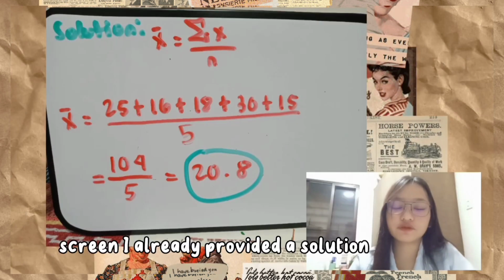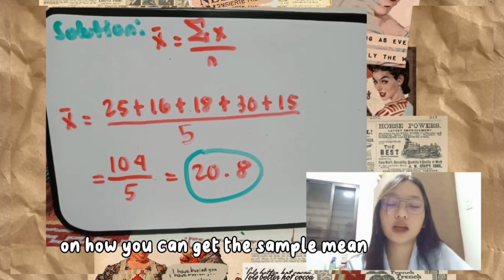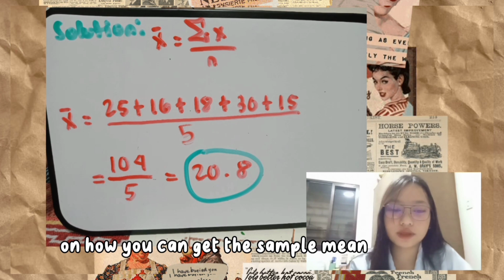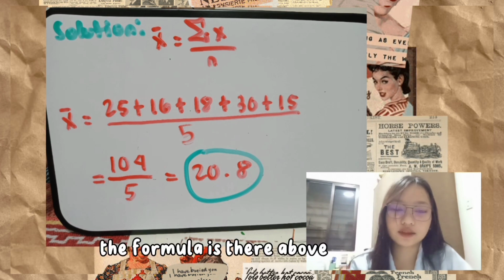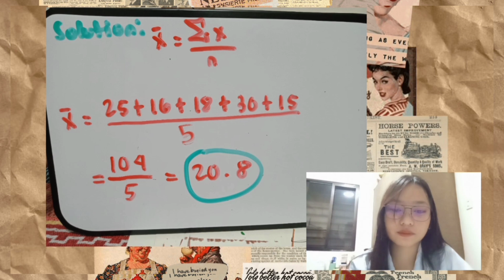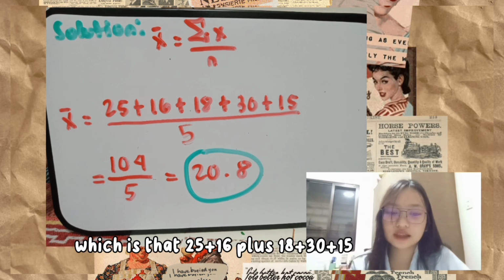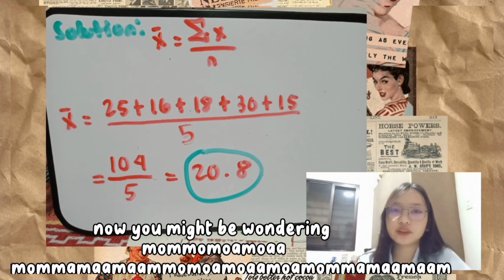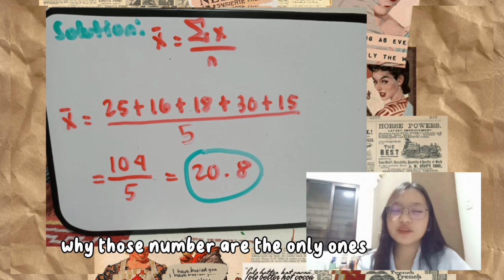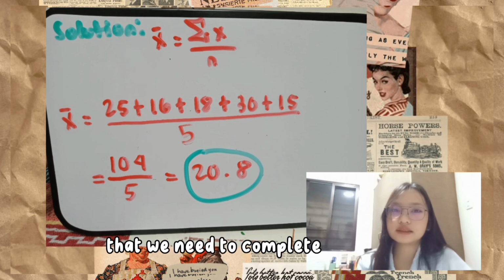On the screen, I already provided the solution on how you can get the sample mean. The formula is there above. So we just need to add all of the randomly selected numbers, which is 25 plus 16 plus 18 plus 30 plus 15. Now you might be wondering, ma'am, why those numbers are the only ones that we need